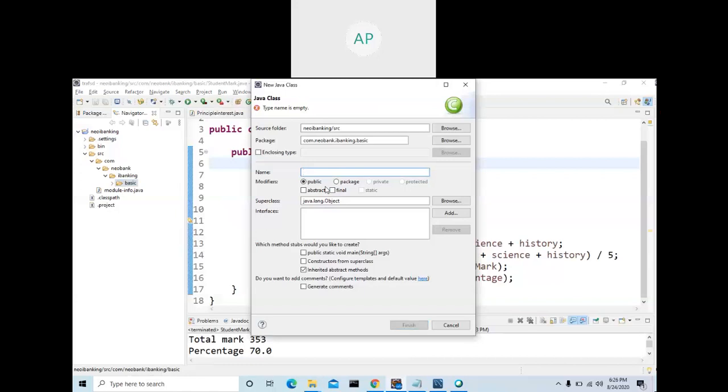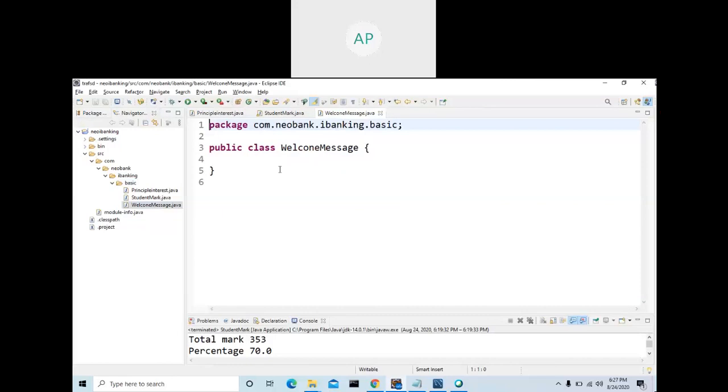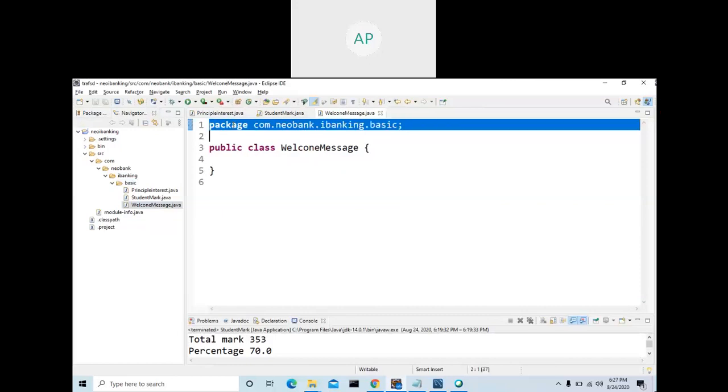Welcome, message, something like WelcomeMessage, and finish. As of now leave the package.